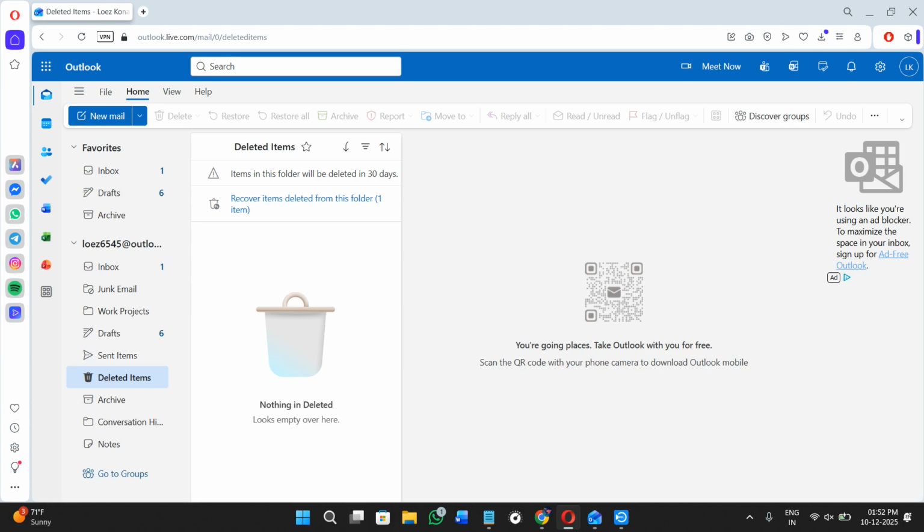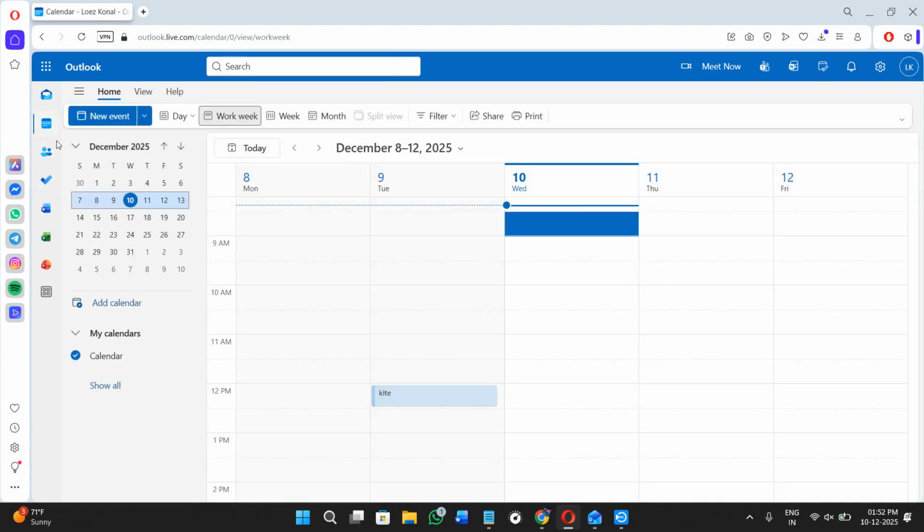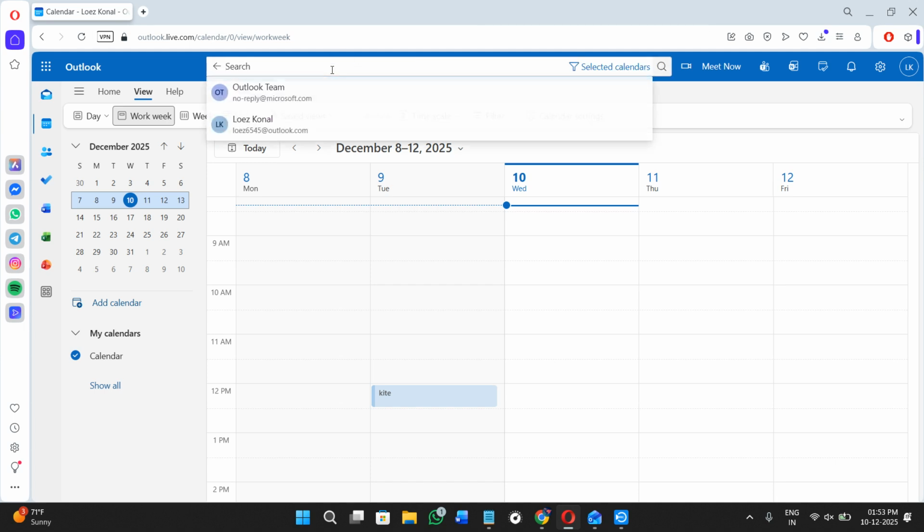Now, if the meeting is not in the deleted items, you can simply open the calendar tab here from the left hand side. After that, you can change the view to the list view. Once you have done that, you just have to look for the older or the hidden calendar entries, and you can also use the search bar here on the top in order to type the meeting title or